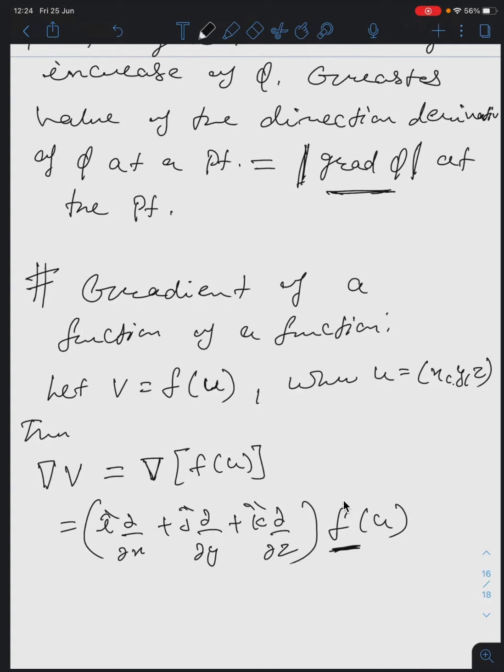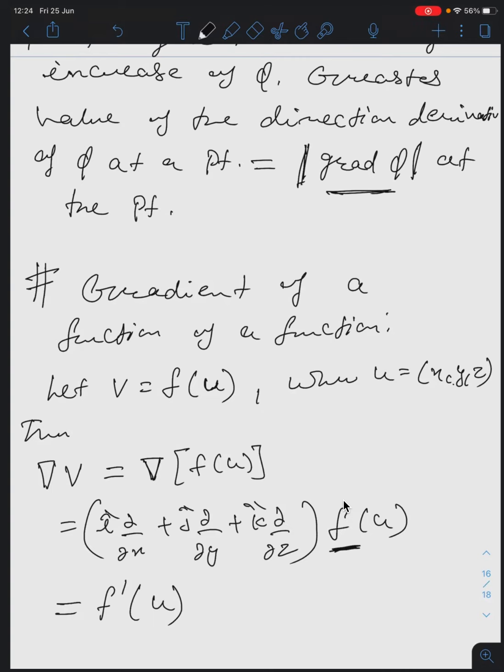Yes, ma'am. When you apply it, we don't know exactly what that function is. In my example it was e, so you got e to the power something. In a similar manner, depending upon whatever function, first you differentiate the function itself. Differentiate means apply this operator on this function itself. So you will get f dash of u.